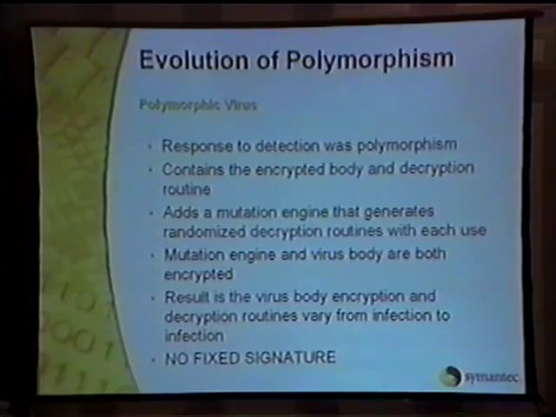The mutation engine and the virus body are both encrypted, so we had a hard time figuring out a fixed signature because each time the virus was encrypted, the decryption routine was polymorphed,